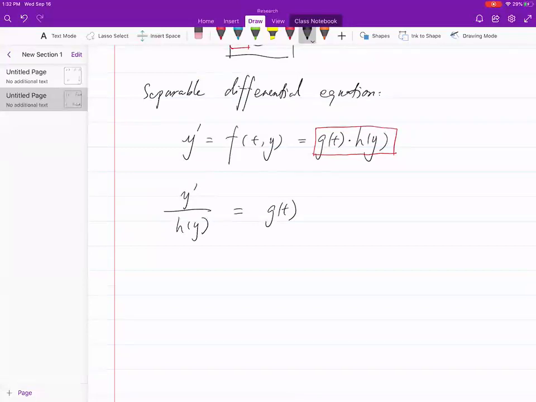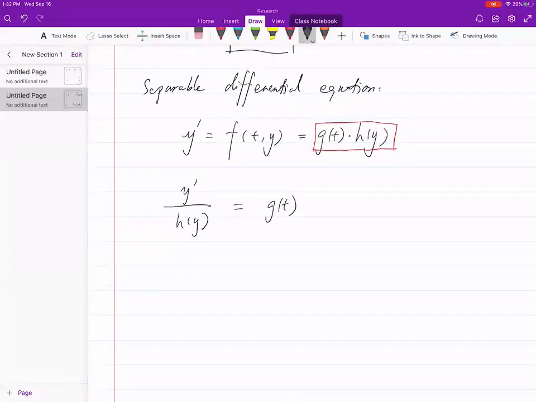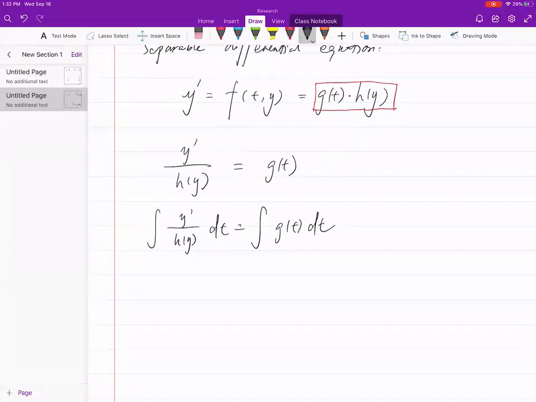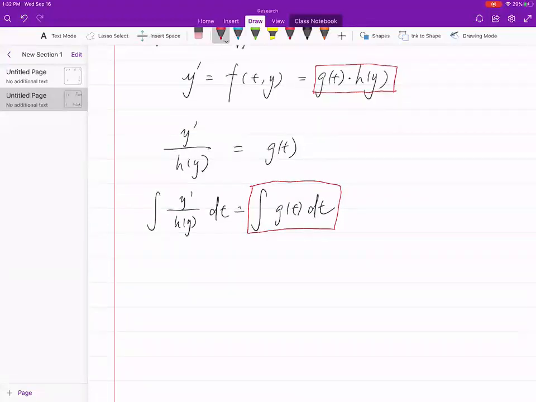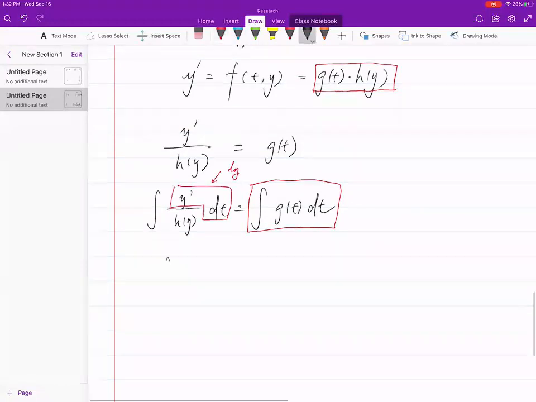We separate them. Then we take the integration with respect to dt. Then this part is legit because it's a function of t and you're taking the integration with respect to t. Great. The left part is not legit. It's a function of y. You are taking the integral with respect to t, but then you notice y prime and dt basically give you dy. So this one becomes